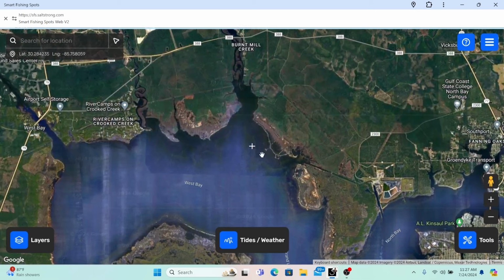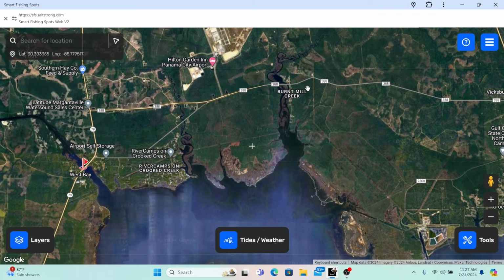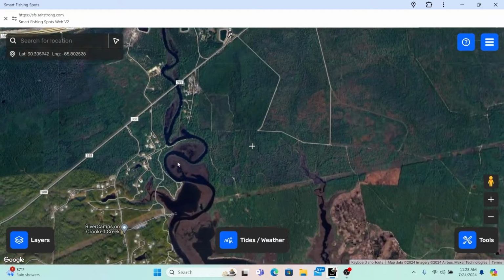Now, it took my little teeny tiny 10-foot plastic pontoon boat to get up in here, but you could do it with a John boat. You could do it with a kayak, but it's these up in here. So you've got the Burnt Mill Creek ramp up in there, but I went down the Crooked Creek ramp, which